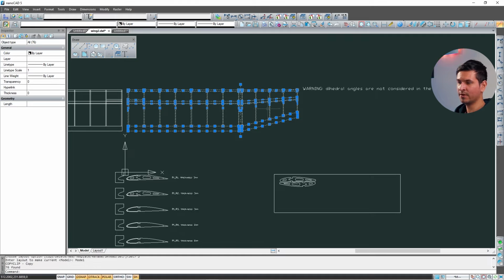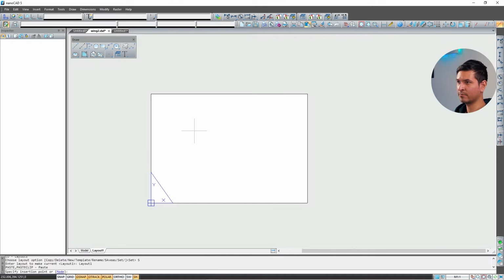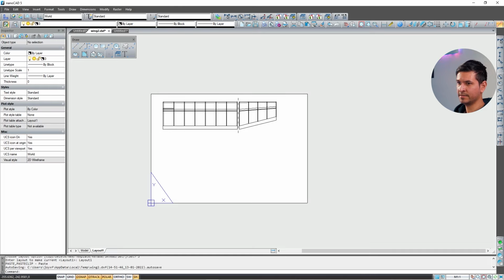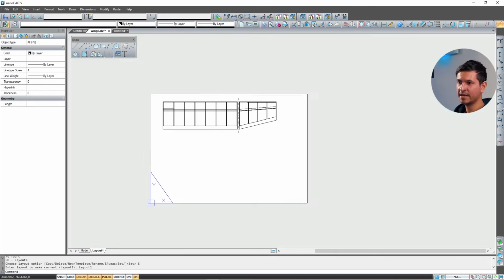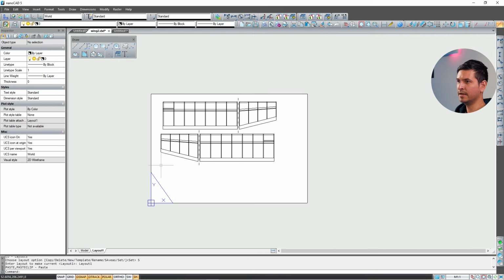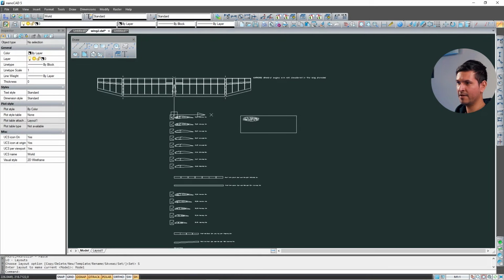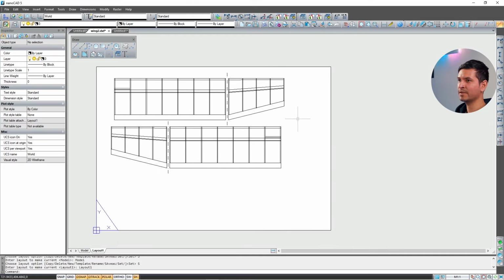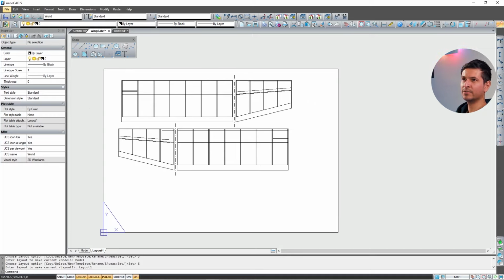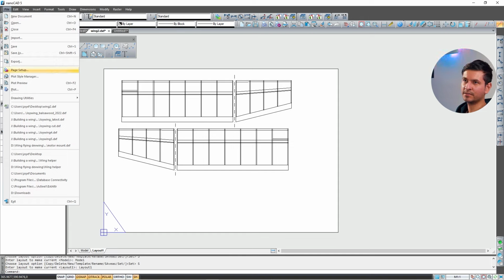So I copy one of the wing panels or one of the wings, paste it in here, and then the other one, and the same thing. And the same with all of the other wing ribs and everything that you want to represent in your plans. You draw your plan here, and because I know that I don't have to go over this working area, I know everything will be printed perfectly. So what I do then is go to plot,